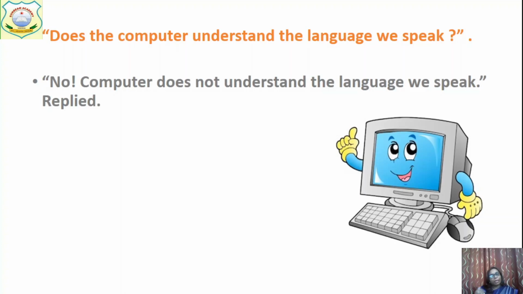So it is easy for us to write the program in that language. Okay, got it? And further we have some translator programs that convert our programs into the computer-understandable language, that is binary language.